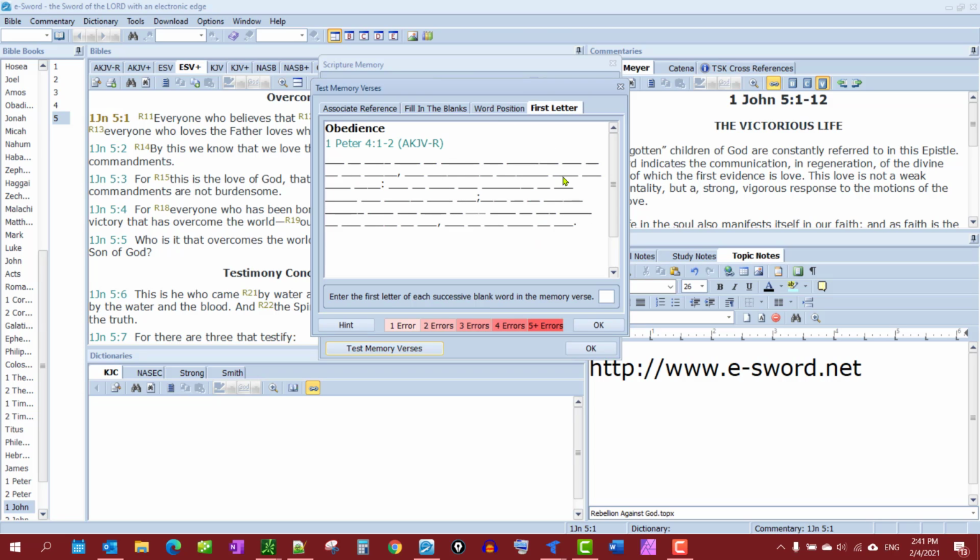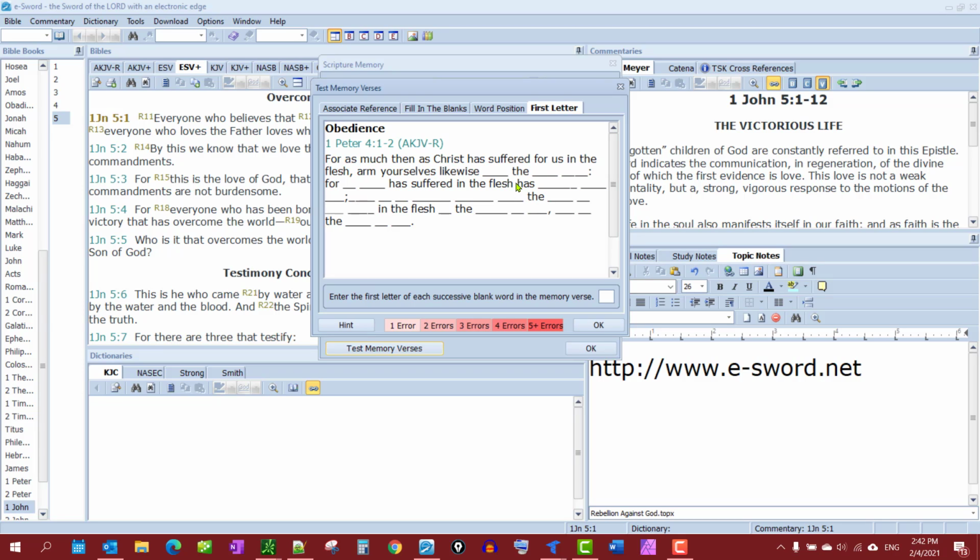And then you've got this last tab, and it's the first letter of the word. So we'll go for as much then as Christ has suffered for us in the flesh, arm yourselves likewise with the same mind, for he that has suffered in the flesh has ceased from sin, that he no longer